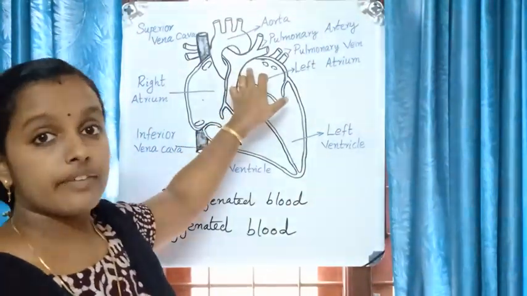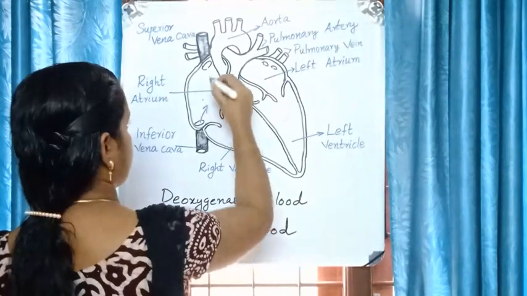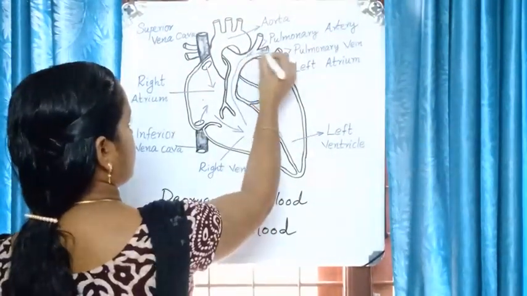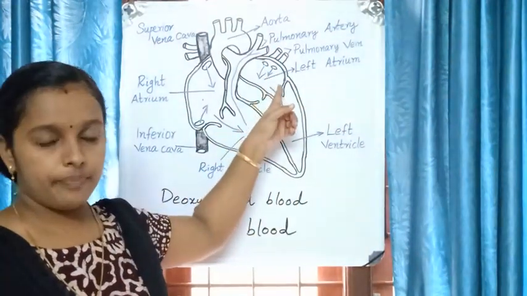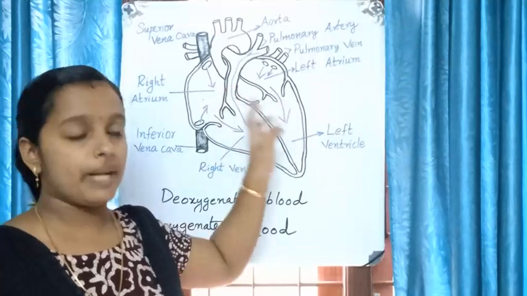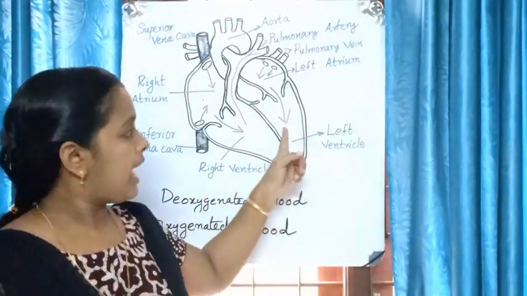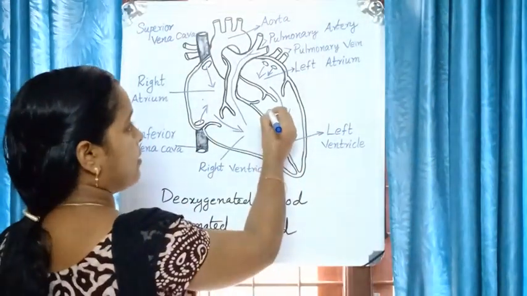So here there will be oxygen rich blood. From the left atrium, the oxygen rich blood will transport into the left ventricle, and from the left ventricle, this